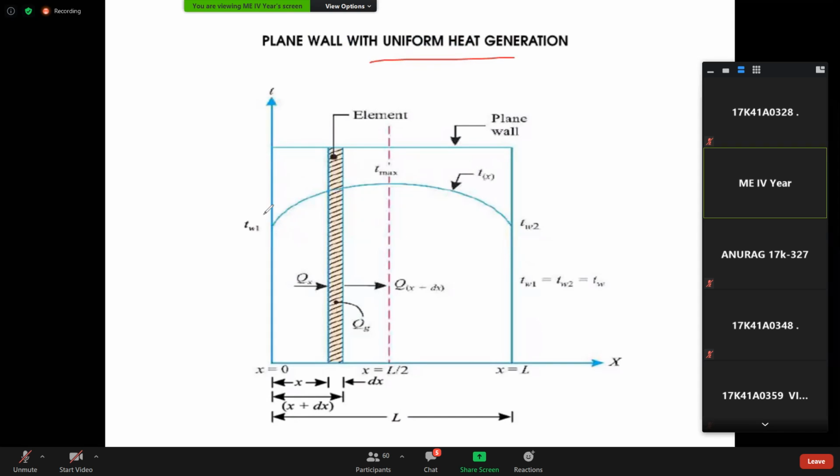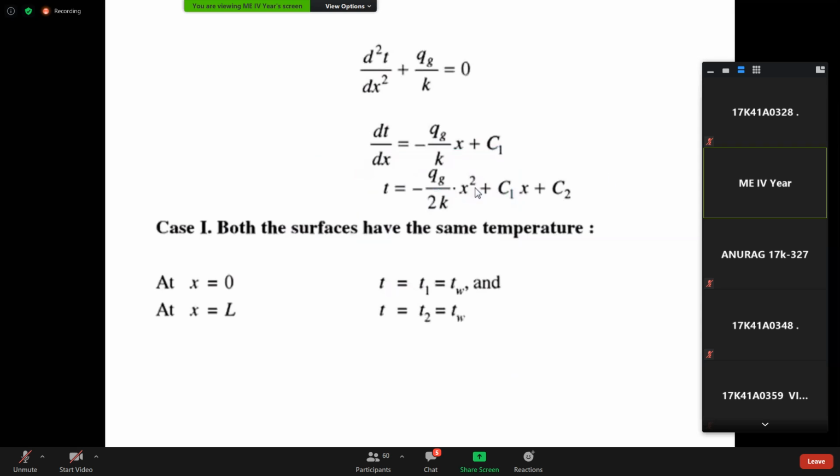So here at this wall the temperature is this, at this wall the temperature is this. That means heat generation means the wall itself is generating some heat, right? That also we have to consider. In the previous cases we did not consider it, in the plane wall cases or cylinder cases or whatever it may be. What is the difference? I'll tell you. See, this is the thing.